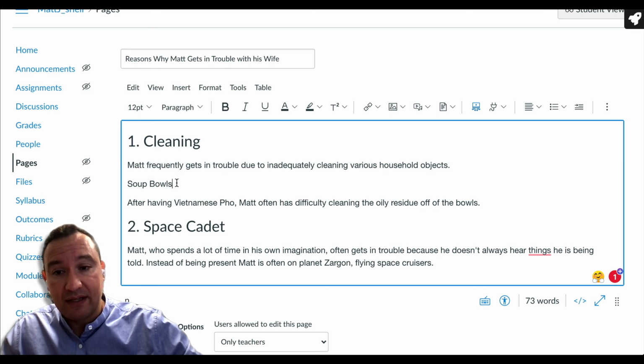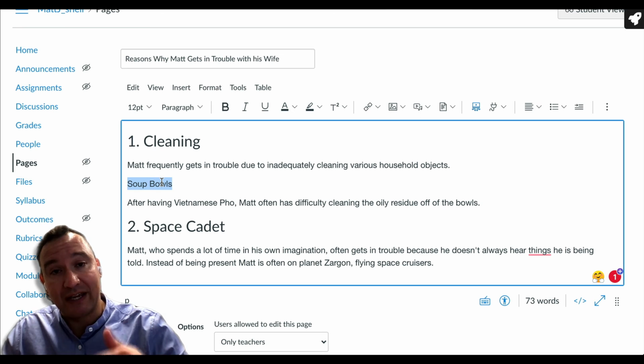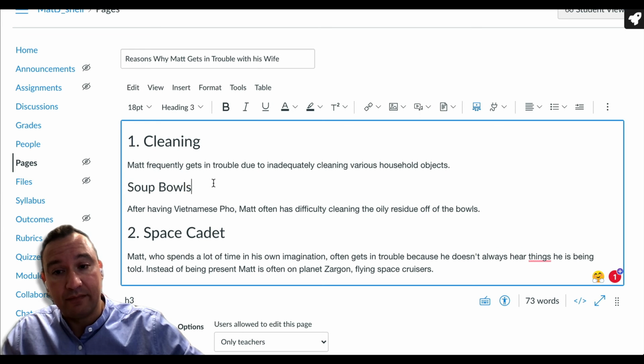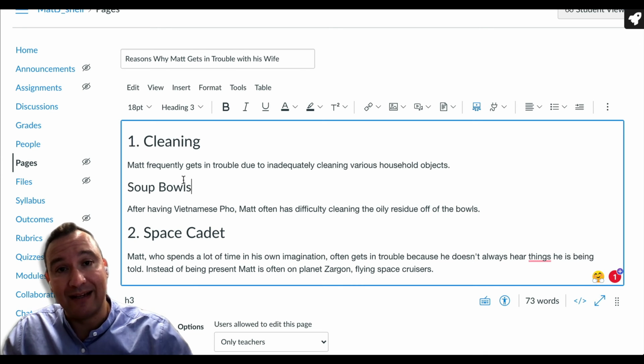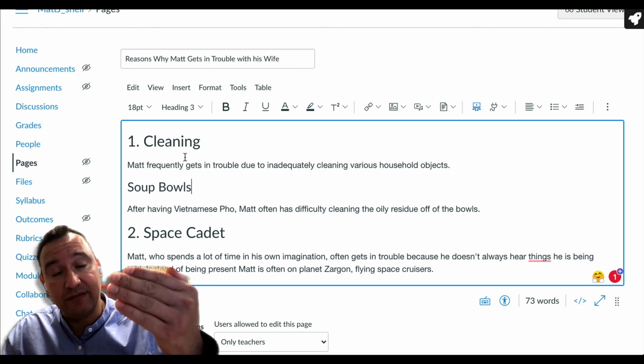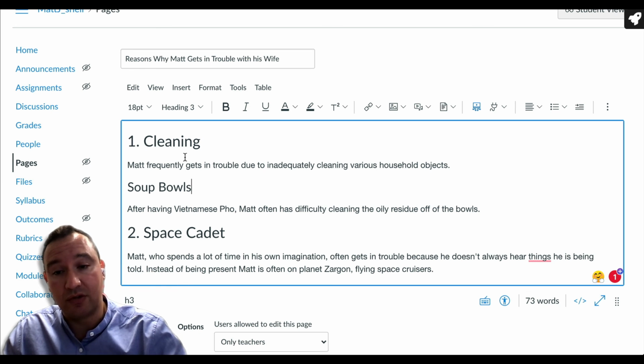But Soup Bowls is a sub-element of cleaning that defines another subsection within cleaning. So now I can come here, and I'm going to make that a heading 3, right? So now this heading 3 follows sequentially under the heading 2, which follows under the heading 1, and that is how you want to structure it so that it is accessible, right? The screen reader can differentiate between these various levels, and that helps an individual navigate the page who's using the screen reading software.